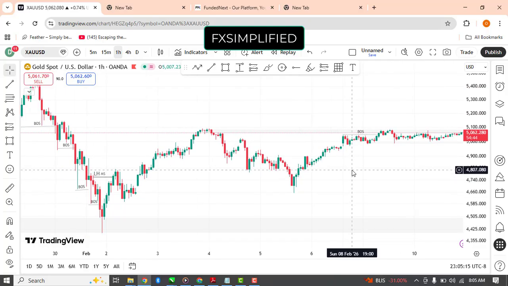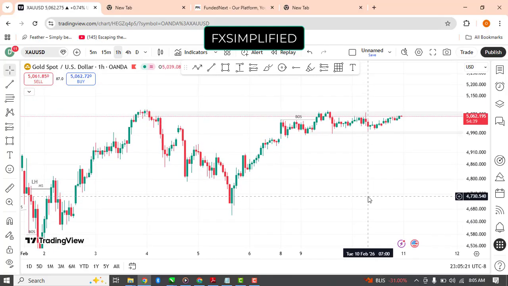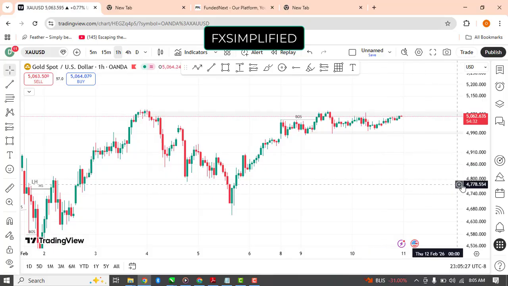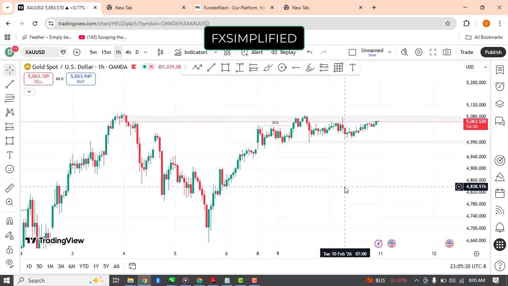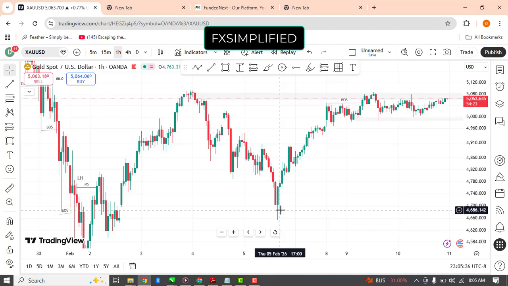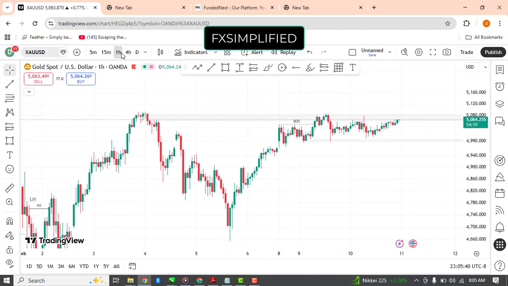So right now, let us look at what price is doing currently. This is 8 o'clock right now, and the London session has started already. So let me just quickly brush through this place. Now you can see that price has made a higher high and created a higher low. Now price wants to create another higher high. This is the 1 hour.